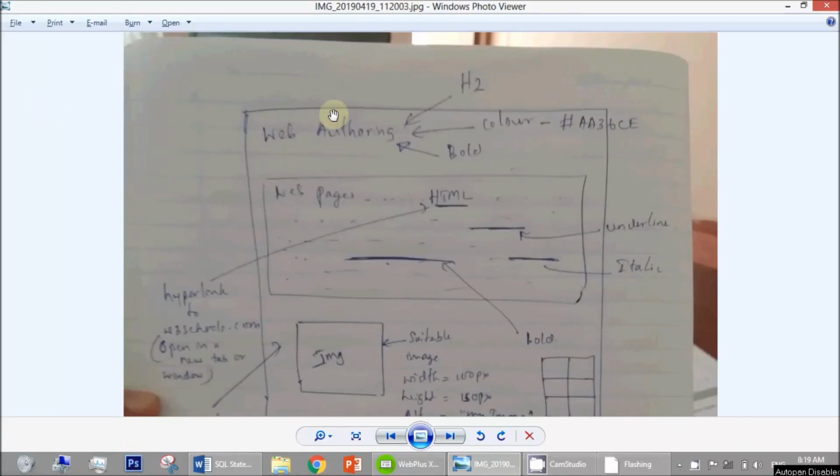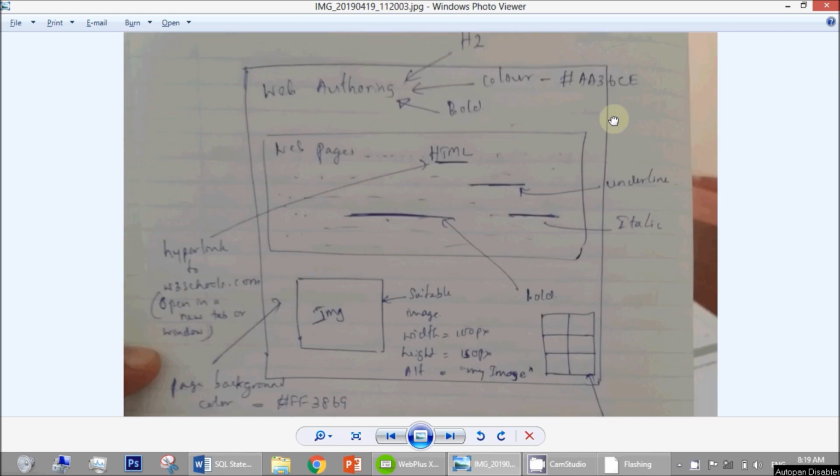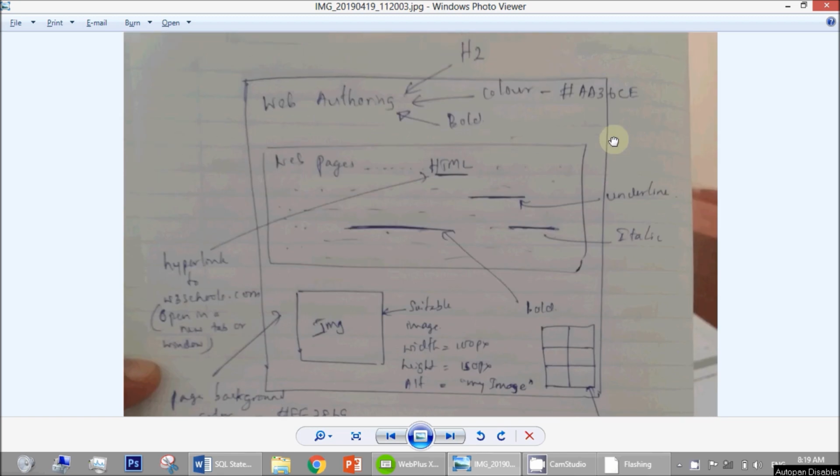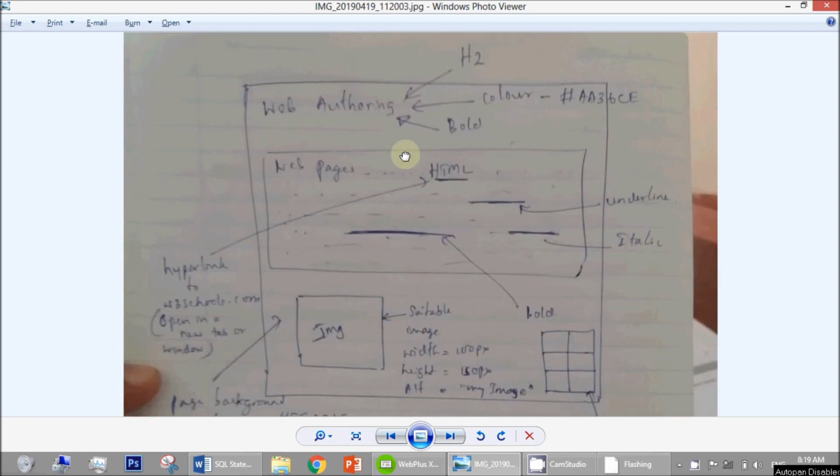Okay, in this exercise what we are looking at is HTML editing, and I have given you a structure here. This is the layout that we expect to do in Web Plus or Word, right? And you can see we have a title called Web Authoring there, H2, and